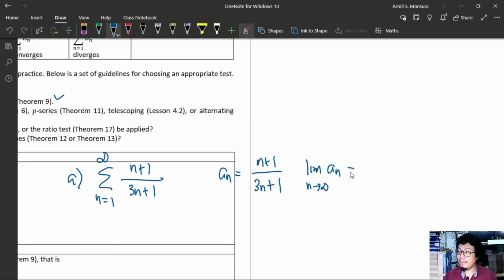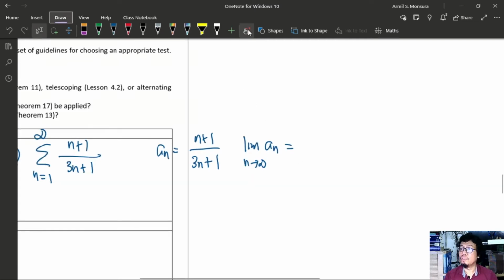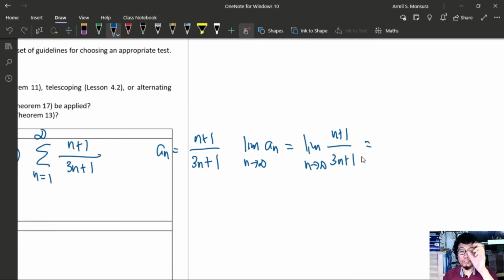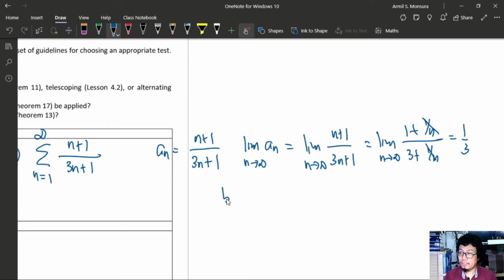So here we have the limit of (n plus 1) over (3n plus 1) as n approaches infinity. We divide the numerator and the denominator by n. So we'll have the limit of (1 plus 1 over n) over (3 plus 1 over n) as n approaches infinity. So this is 0 and 0 as n approaches infinity. So therefore, the limit is 1/3. Since the limit is non-zero, by Theorem 9,